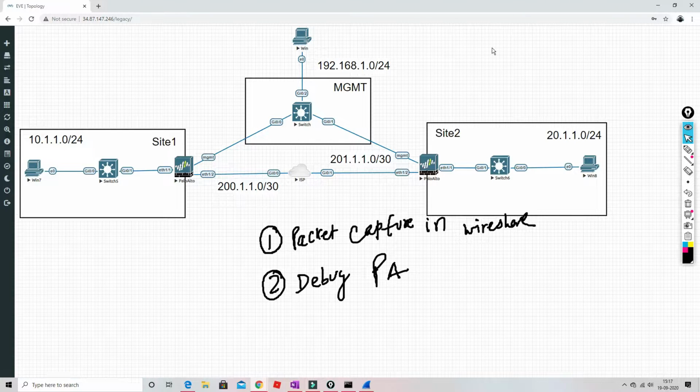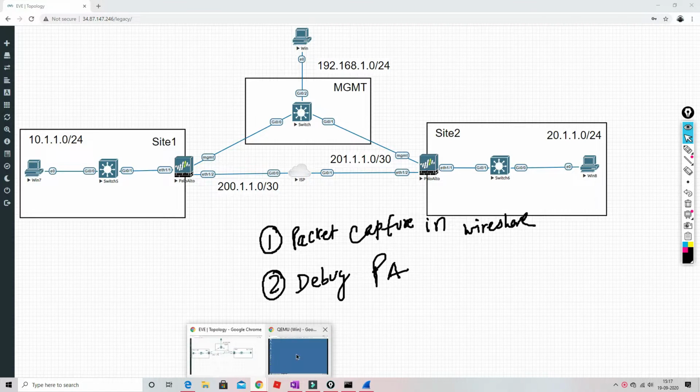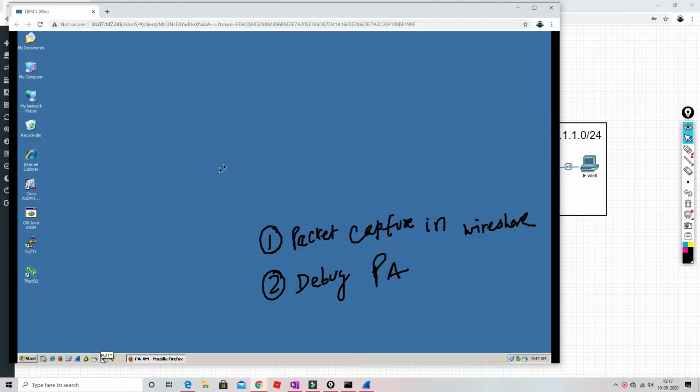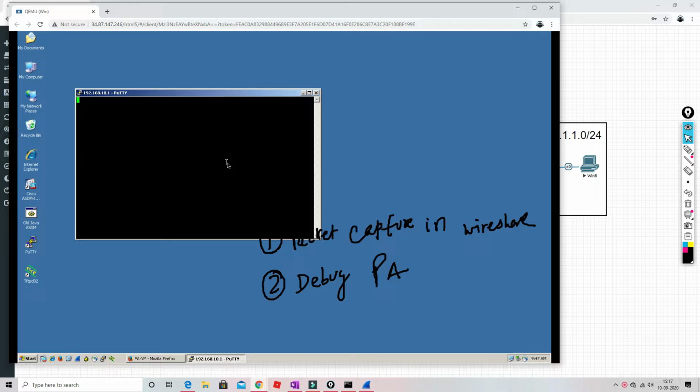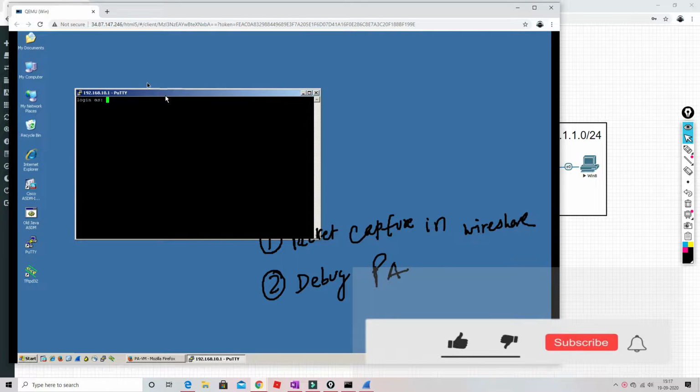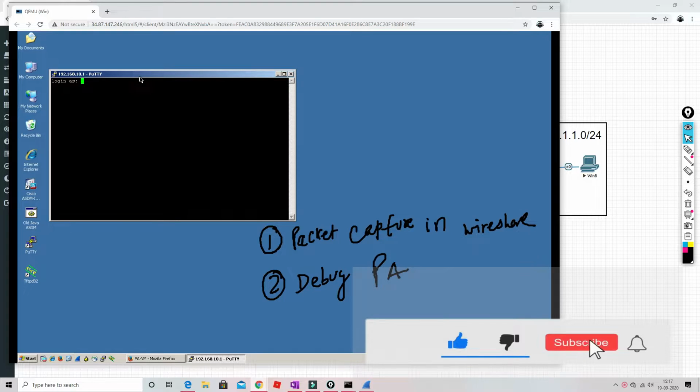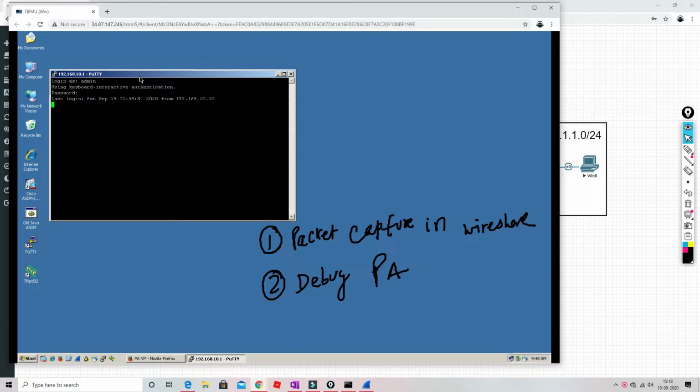Then to perform the second task, which is turning on the debug on the Palo Alto Firewall, we have to log into the Windows machine first. So we have logged into the Windows machine. Now we have to log into the device using SSH, 192.168.10.1. You need to turn the debugging on for the device on which you have done the capture. I'll just put the username and password. Once it logs in,